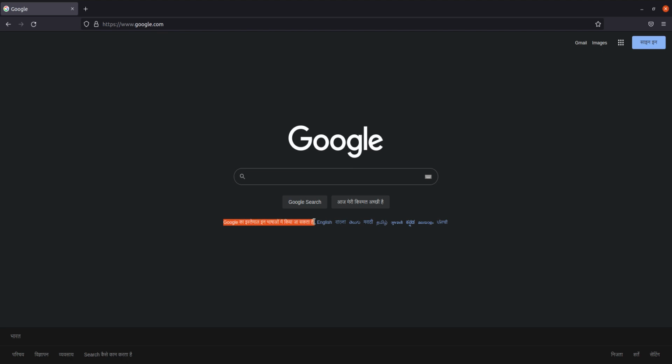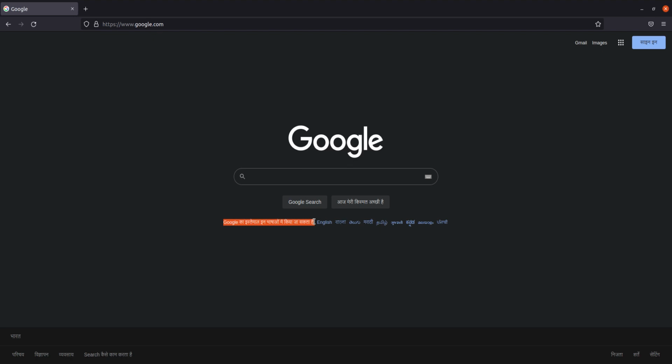Because this Hindi is taken from your operating system locale. When you installed your operating system, it asked you for some information, like selecting your country, language, and date and time format.